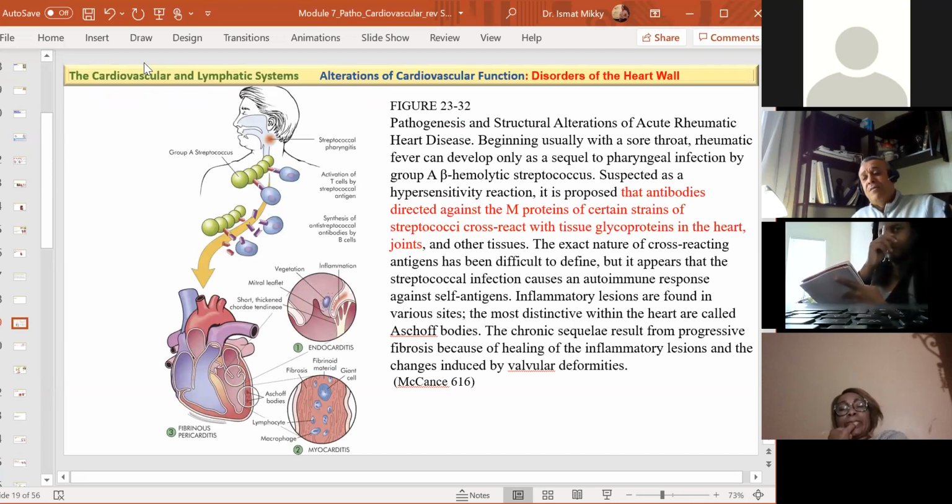This figure explains very well the pathophysiology of rheumatic heart disease. The pathogenesis of the structural alterations of acute rheumatic heart disease begins when the patient, at a young age between 5 and 15 years old, develops an upper respiratory tract infection, but it has to be caused by a specific type of bacteria called group A beta hemolytic streptococcus. So this specific bacteria